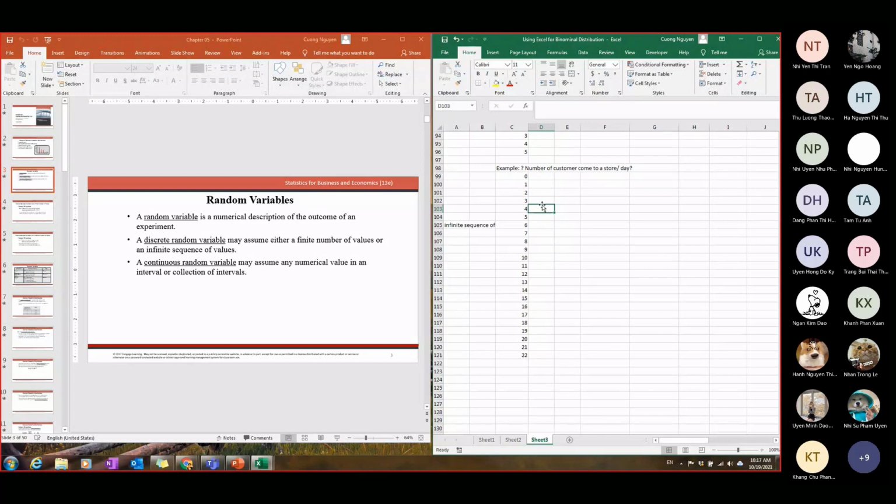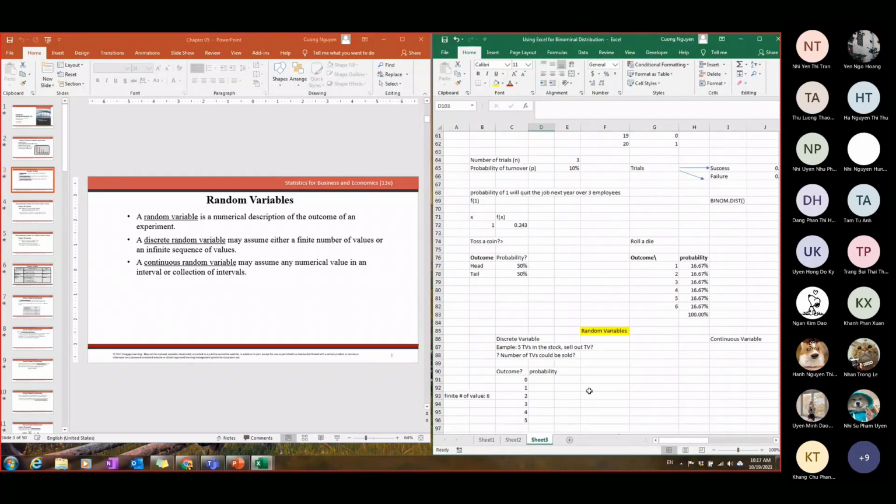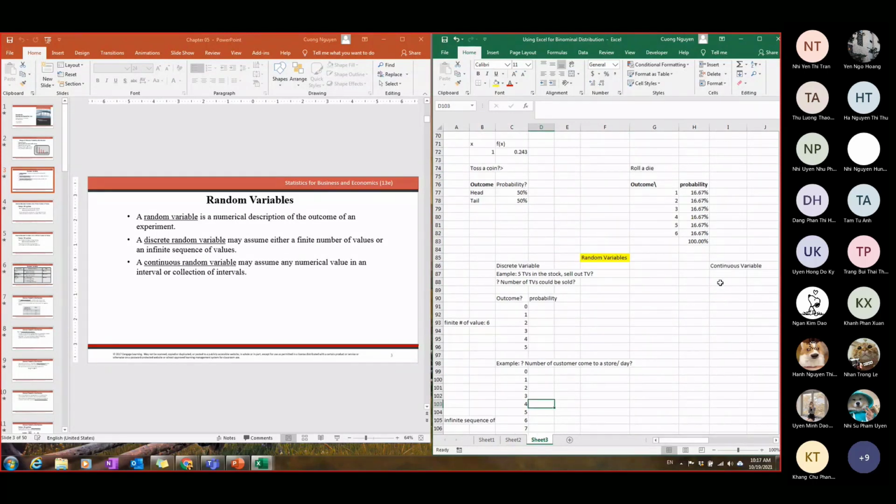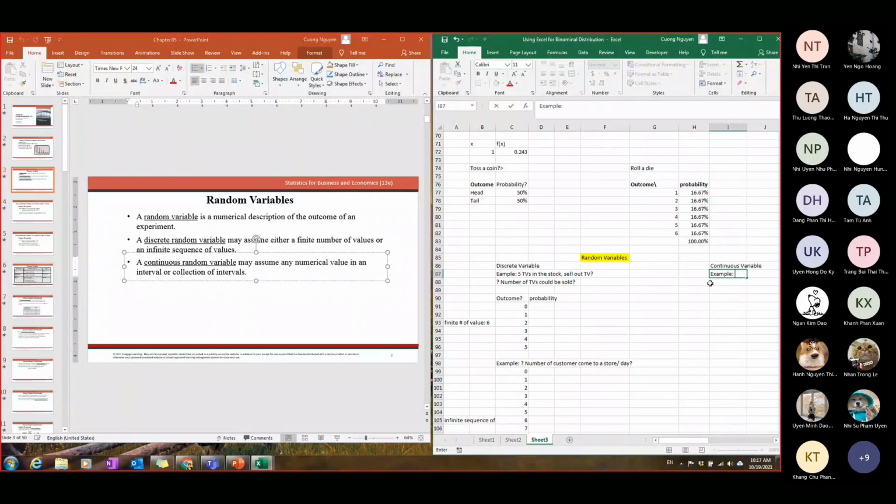Okay, let's get to the point. And on the opposite side, we talk about the continuous variable. A continuous variable may assume any value in an interval or a collection of intervals. You feel it's very hard? Give an example. Okay, thank you Nhi. Và thầy kêu em này. Cho nên okay, just like half of the extra credit for Yến Nhi, okay?